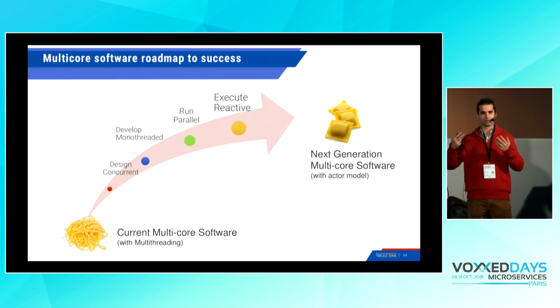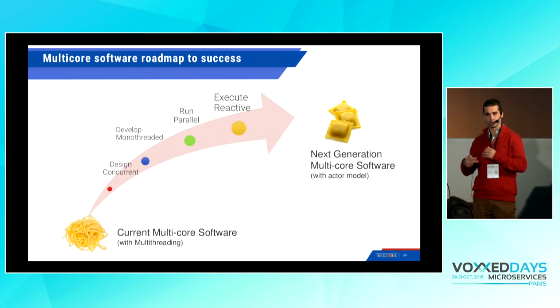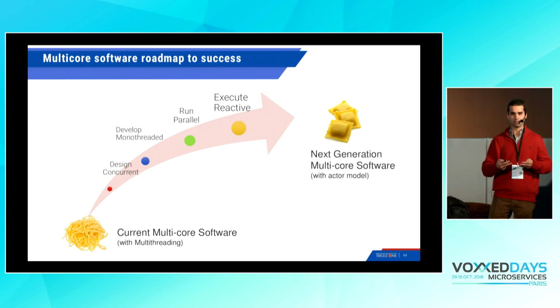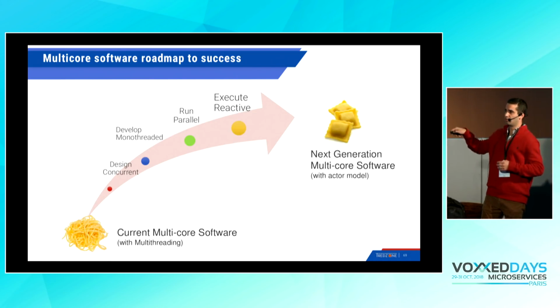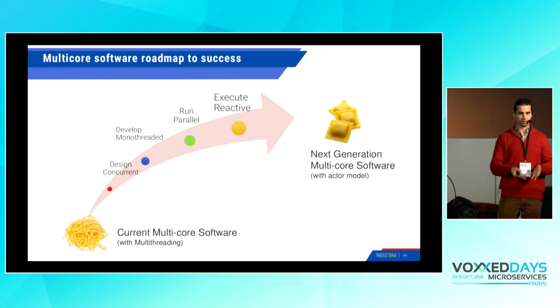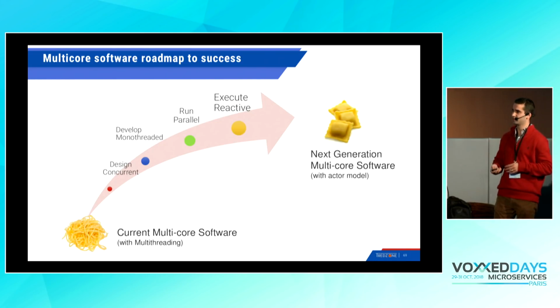We want to think concurrently. So the actor model and microservices are a good answer to expressing the requirements and the architecture of the system in a concurrent way. But we design it concurrently, and at the end we want to develop it. So we have a team of developers that want to develop these concurrent blocks.